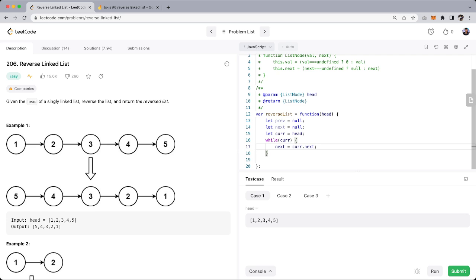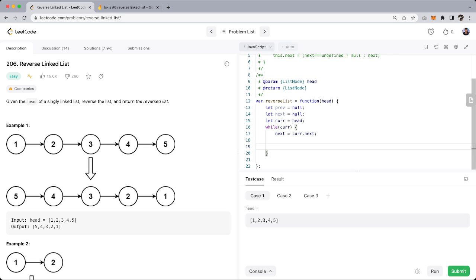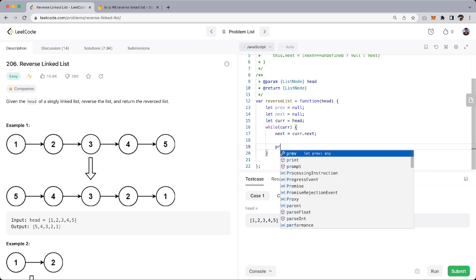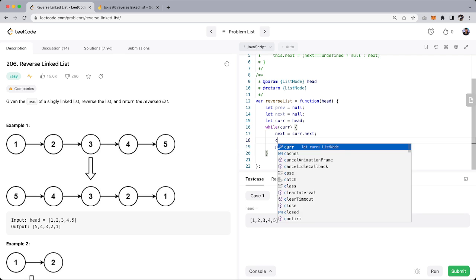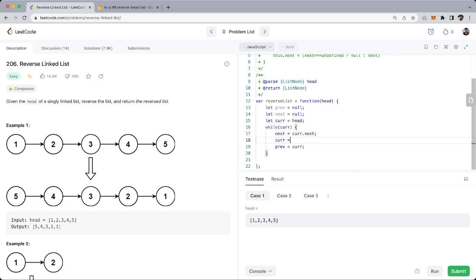The previous node, after we make the change to the current node, will be equal to the current node after current traverses to the next element. So then we set cur equal to the next element,